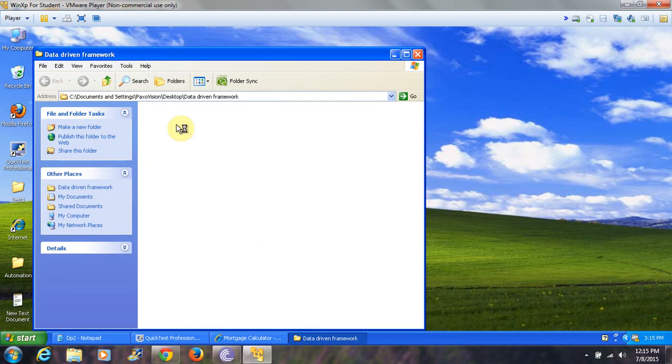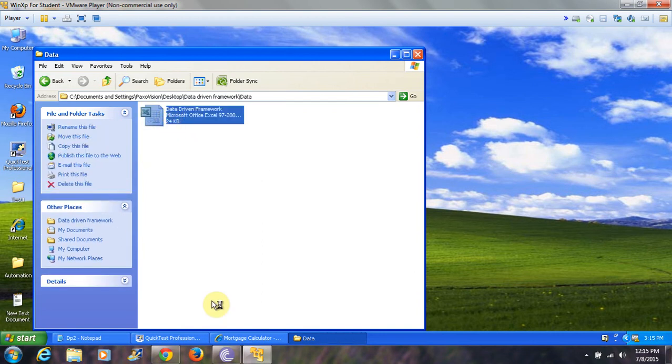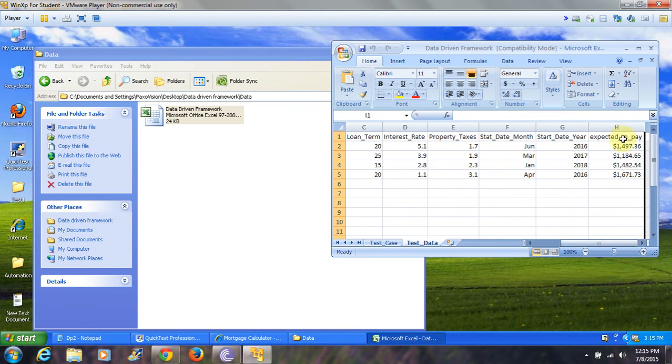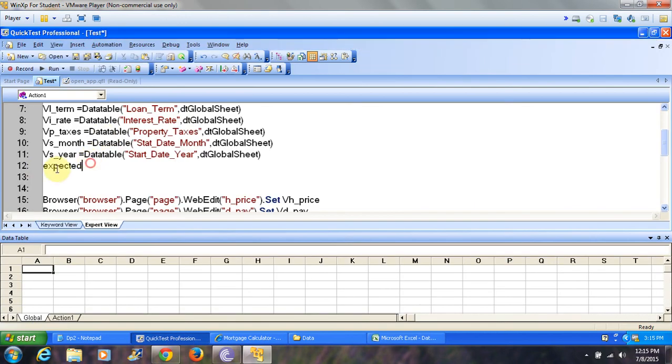Here. Expected monthly pay. This is the column name I need. So expected monthly pay is going to come from the data table